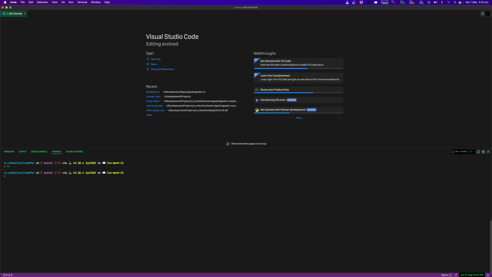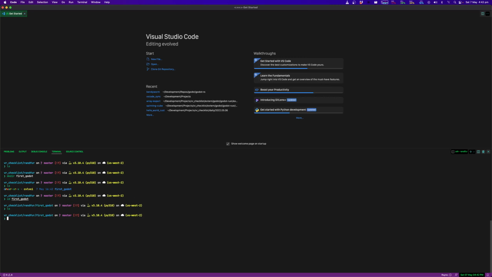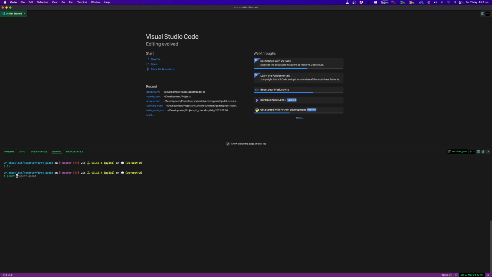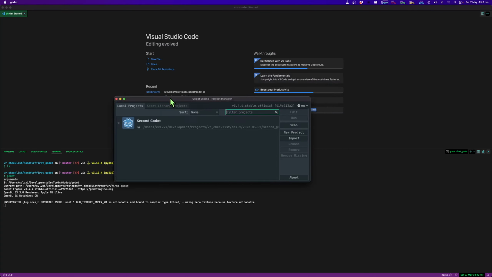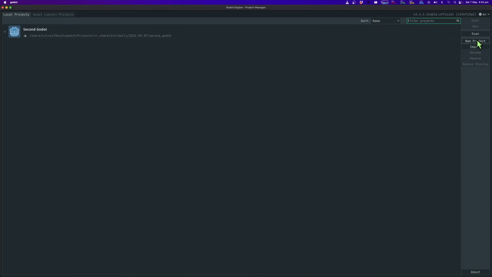What is Godot? Godot is a game engine that supports creators to use this interface that I'll show you in a sec. So this one, and